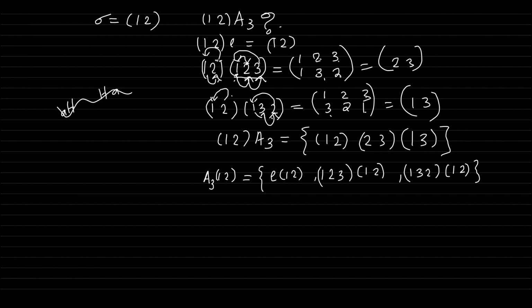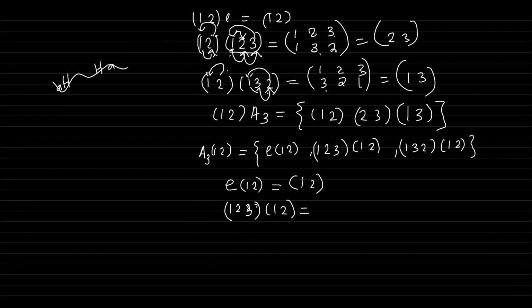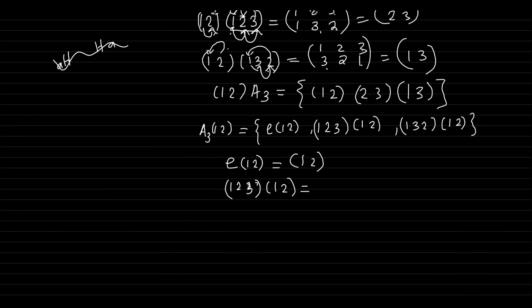We know that identity times (1 2) is equal to (1 2) itself, and (1 2 3)(1 2) is equal to